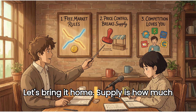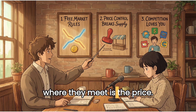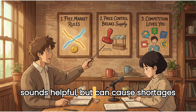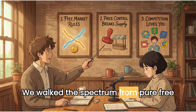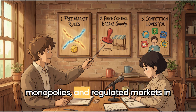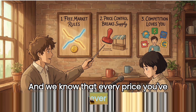Let's bring it home. Supply is how much exists. Demand is how much people want it. Where they meet is the price. We learned the opposite, price control, where the government fixes prices. It sounds helpful, but can cause shortages when supply dries up. We walked the spectrum from pure free market to full government control. Competitive markets, oligopolies, monopolies, and regulated markets in between. We saw it all in the global chip shortage, and we know that every price you've ever seen is just